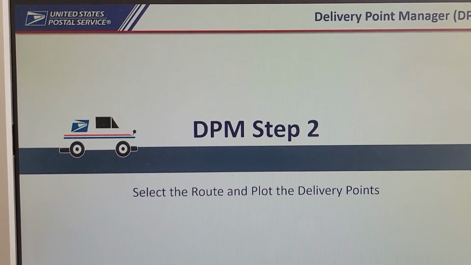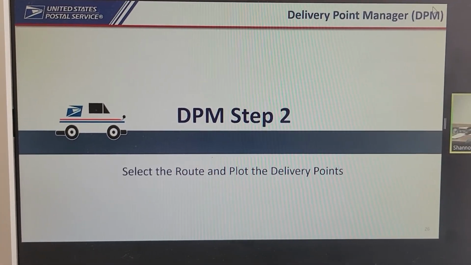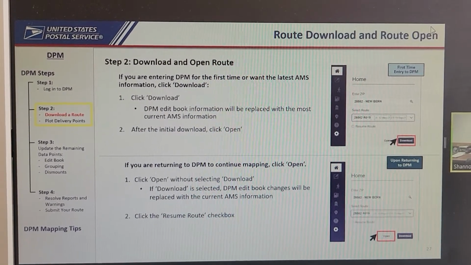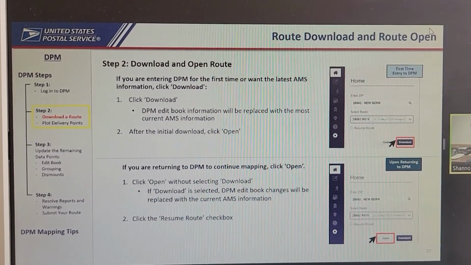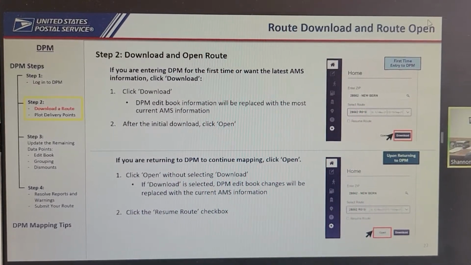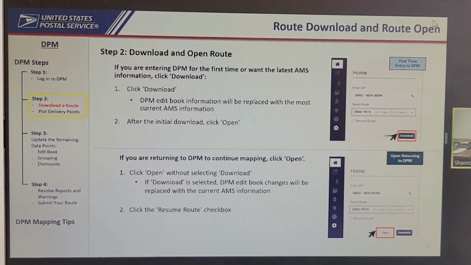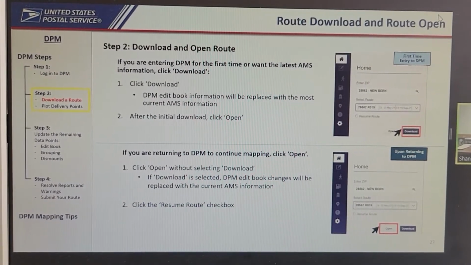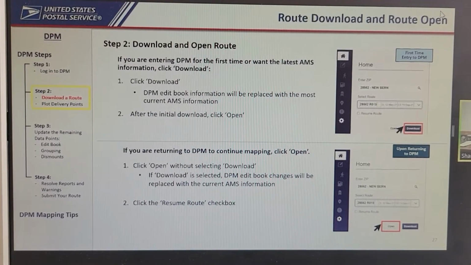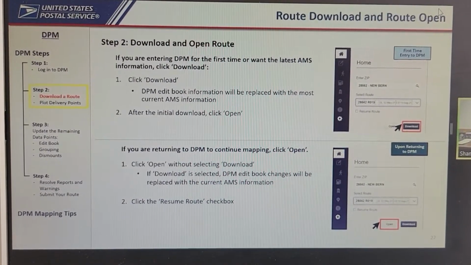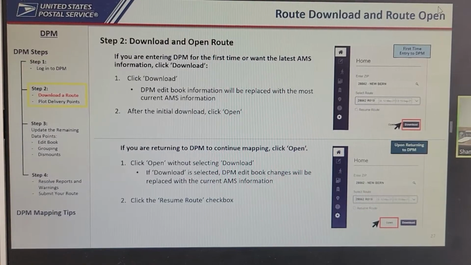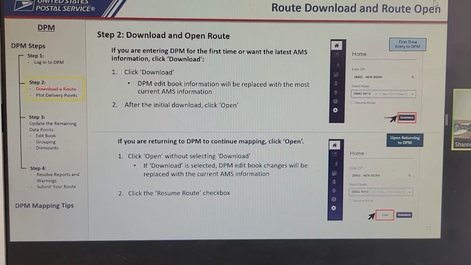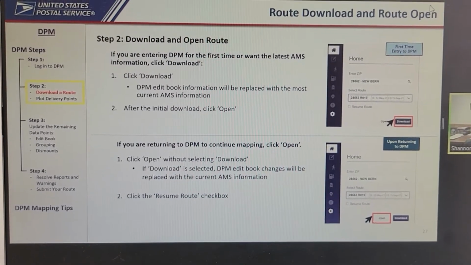Plotting your delivery point. So when you enter on the home page, you get logged in, and there you are. You've entered your zip code and your route ID. For the very first time when you enter, you need to download the route. When you download the route, what that is doing, it is pulling directly into the system the AMS edit book information. So again, we've got to have that AMS edit book updated. It's going to pull that in, give us all of our deliveries,